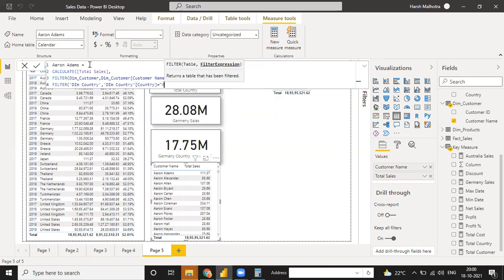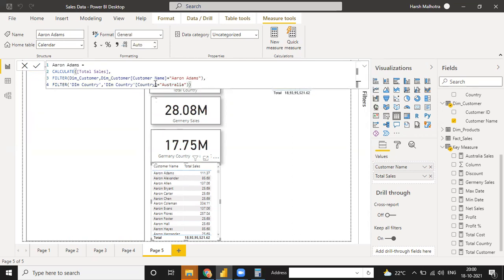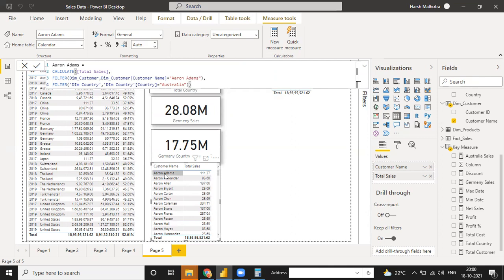Suppose, just enter. If Aaron Adams is based in Australia, then this function runs. If Aaron Adams does not belong to Australia, then this function does not run. It does not mean you wrote a wrong function.